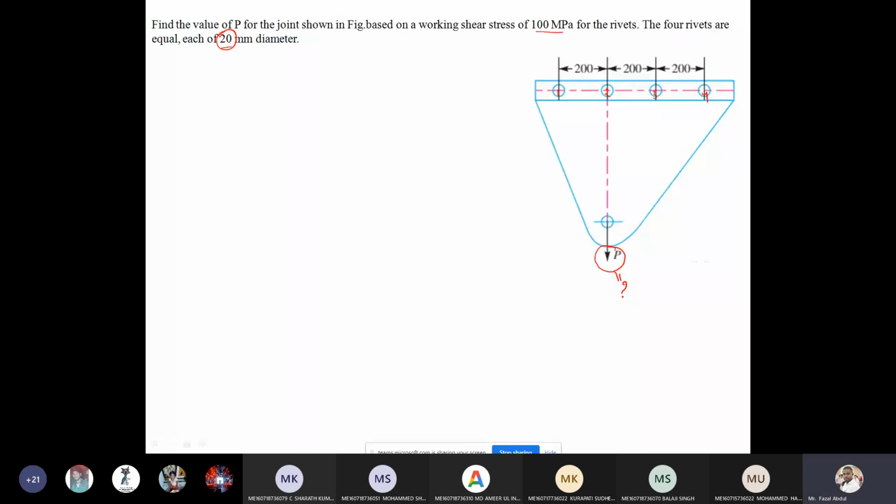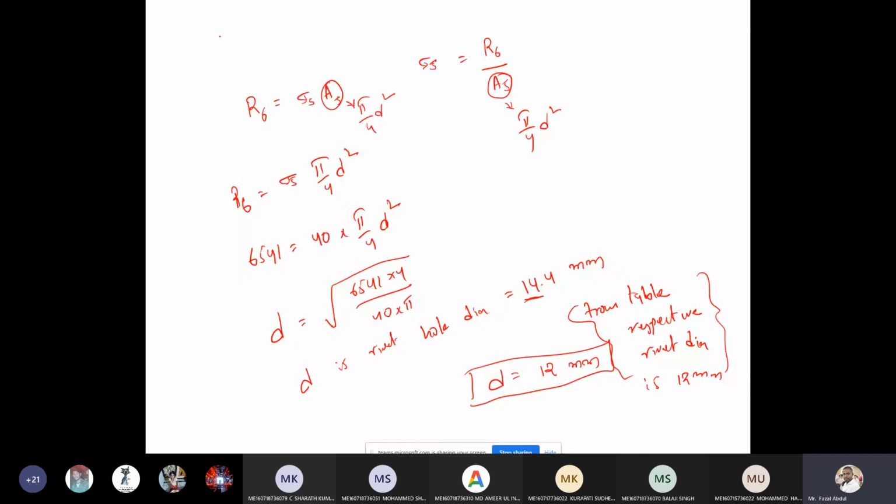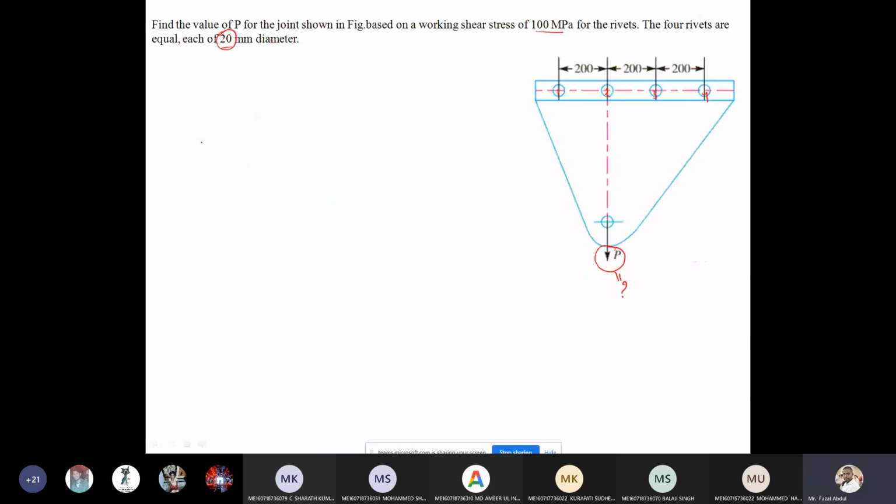So the remaining procedure is the same. The only thing is, while calculating, we don't know the value of force. Here the question gives 20 mm. It means substitute the value of 20 here and get the value of force. So what is the first point here? For such kinds of problems, by seeing the figure only, you need to confirm that the given problem belongs to the design of rivet under eccentric loading.